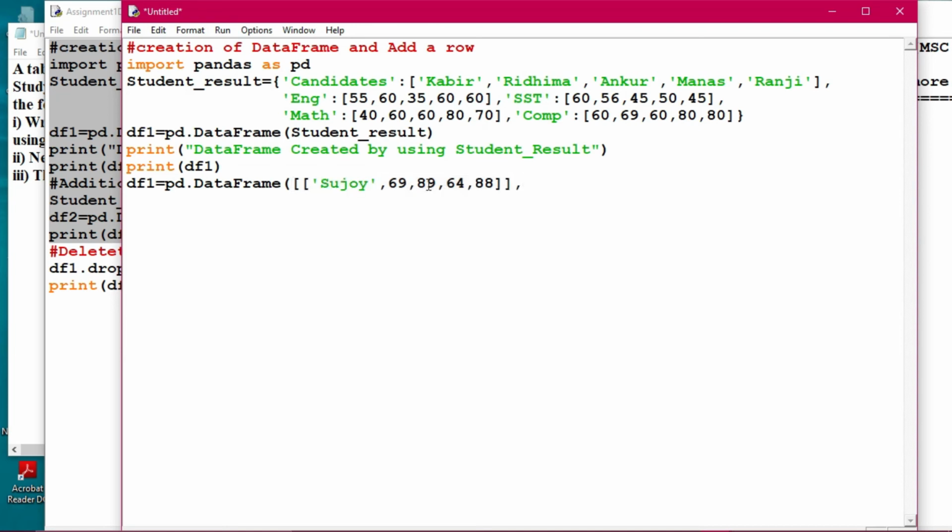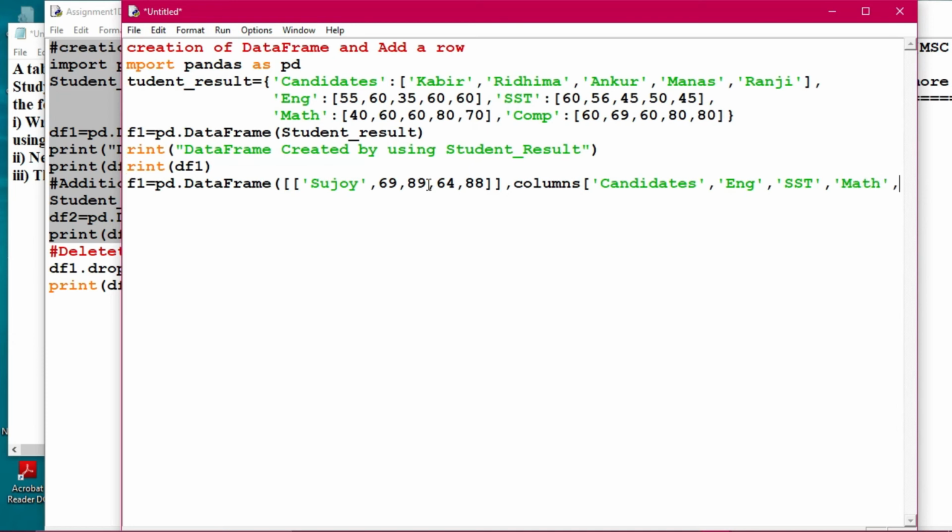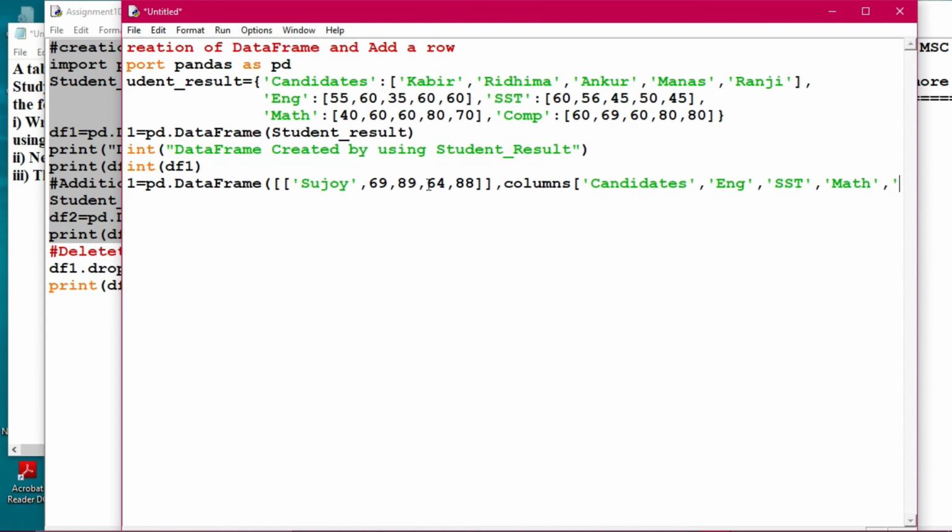And then what you have to do is columns. You have to give your names, sorry, candidates. Okay, candidates, and then comma, English, comma, next is SST, comma, then math, comma, and then computer.